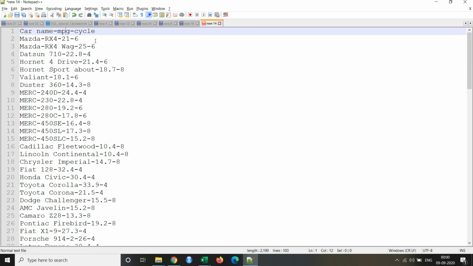So after every dash we know that there is another column, right? What we need to do is take these attributes and segregate them into three different columns. Now the issue is that the car name also contains a dash, right?